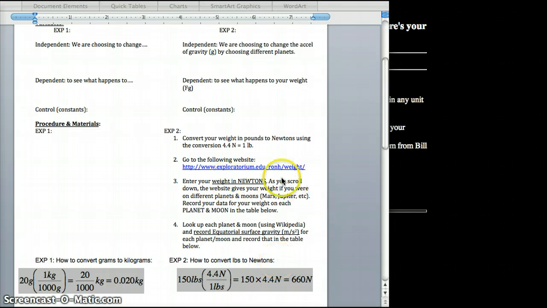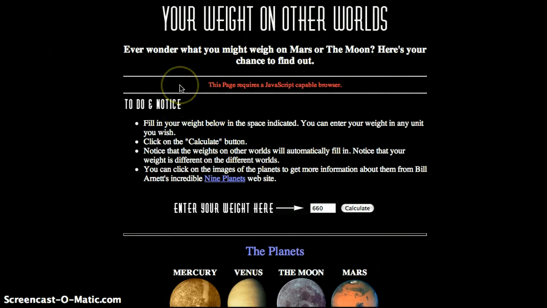Once you do that, you're going to go to this website on the internet, and here's what that website looks like. You have to fill in your weight below. You want to fill in your weight in newtons. So notice the weight that's in here is converted from 150 pounds to newtons. So that's 660 newtons. Once you hit the calculate button,